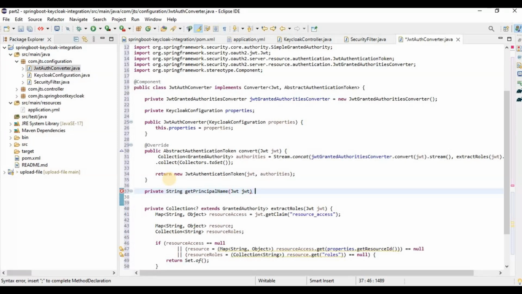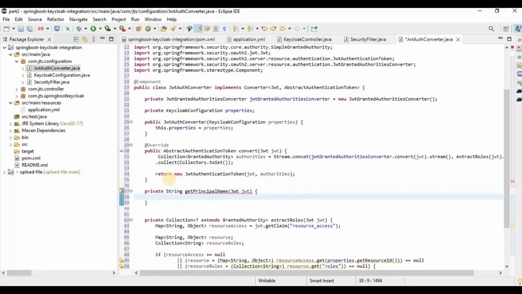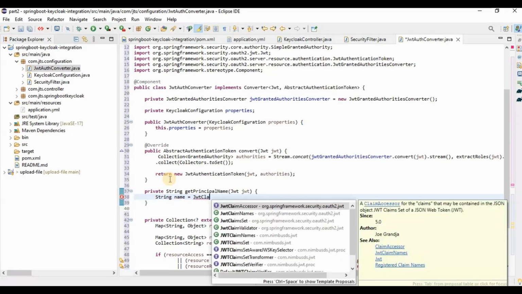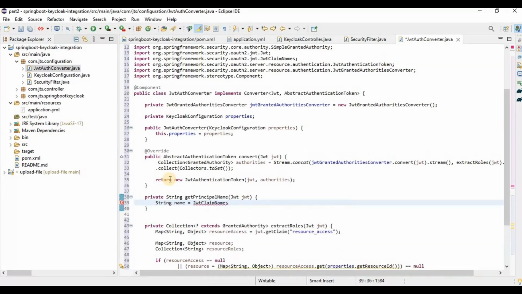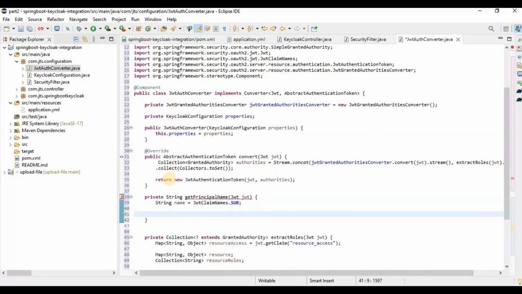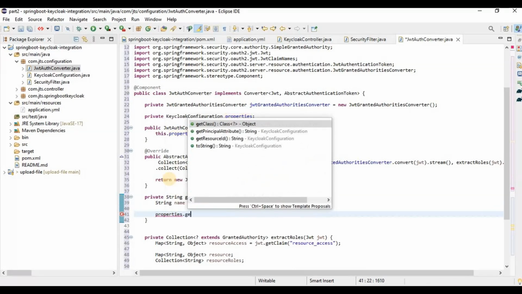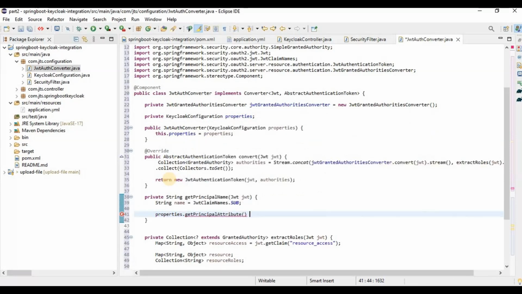First of all we need to get the claim name: name is equal to JWTClaimNames dot this one. Next we need to check this properties dot getPrincipalAttribute, if it is not equal to null,